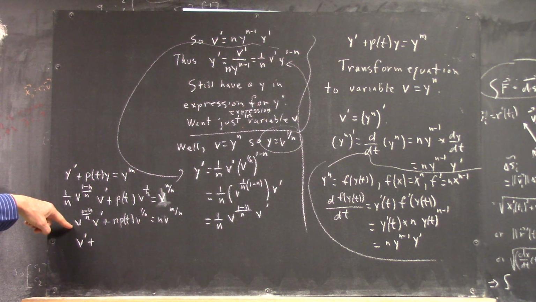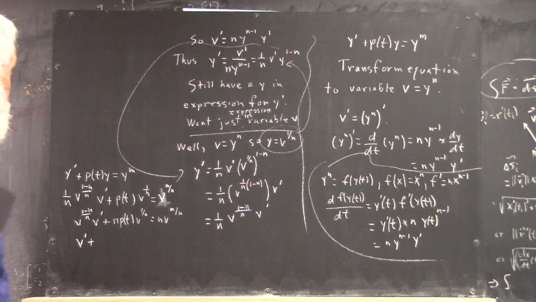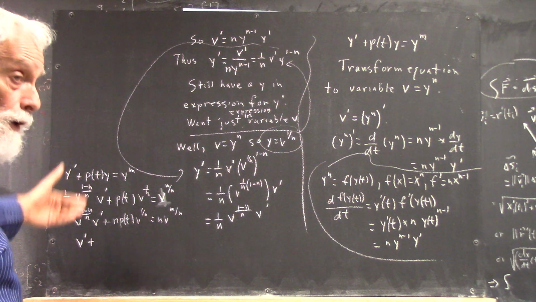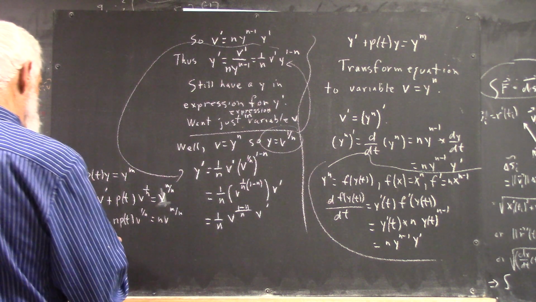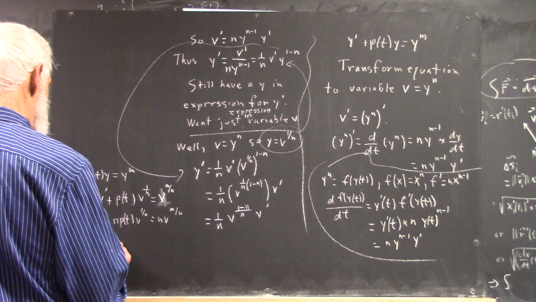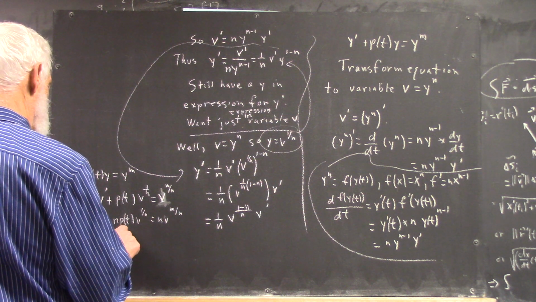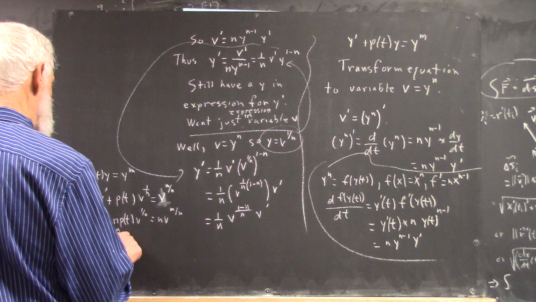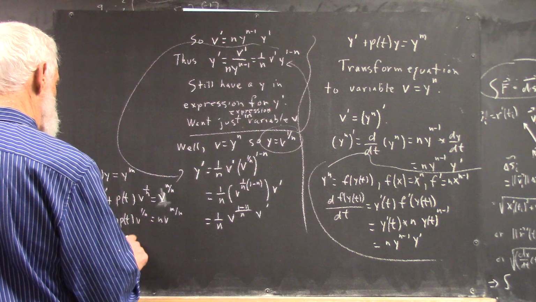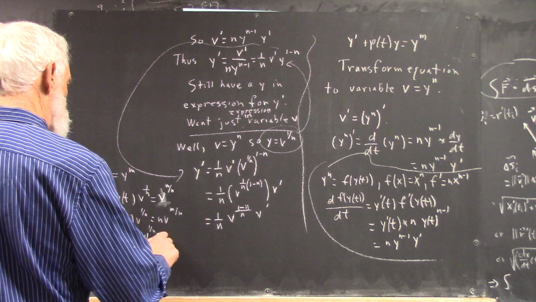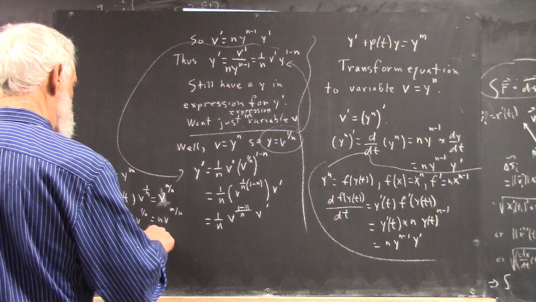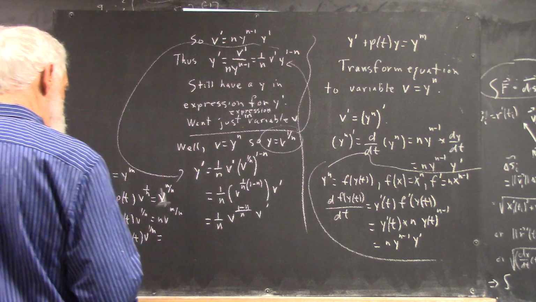The reciprocal of that exponent? Yeah. We multiply by v to the n over 1 minus n, right? So we get n v to the n over 1 minus n, v prime, equals